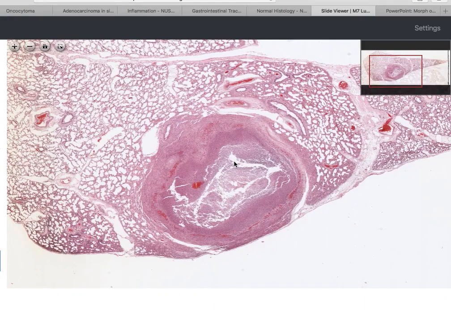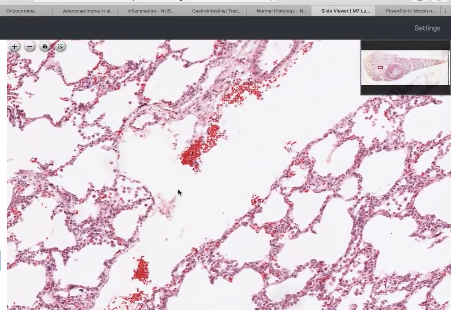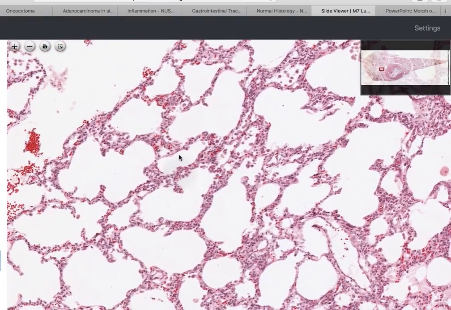This is an example of a lung abscess. So this is a section of the lung parenchyma. This is the outer pleural surface, and the parenchyma is made up of alveolar spaces as well as some respiratory bronchioles here. So if I zoom in, just to show you the background, first of all,